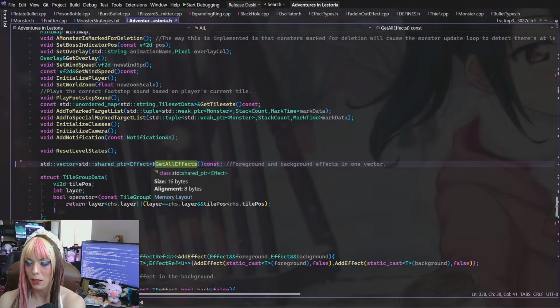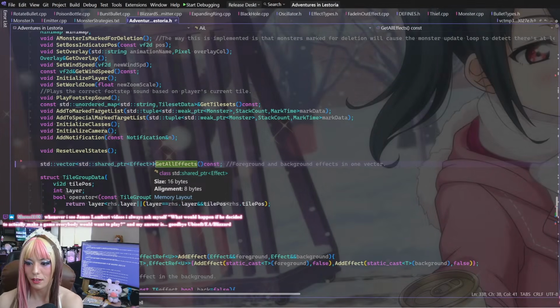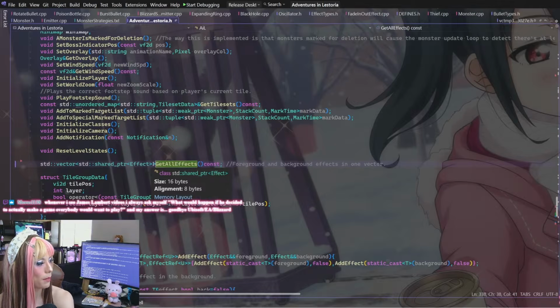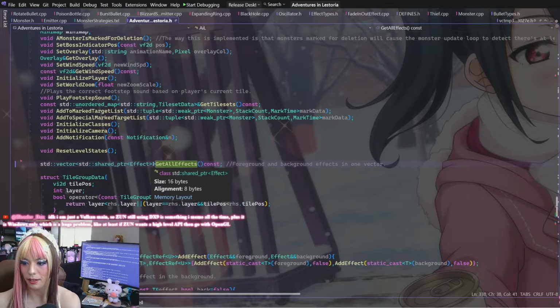Or I can return a pair of 2 reference wrappers to both arrays. I think that would be better. It would be less intensive, and then I can just return both in a pair, which I kind of like more. I feel like that would make more sense if I were going to use this in the first place. Yeah, I think I like that.